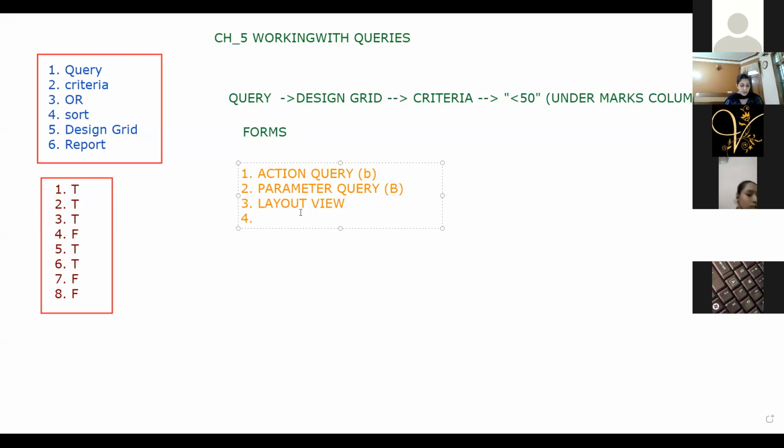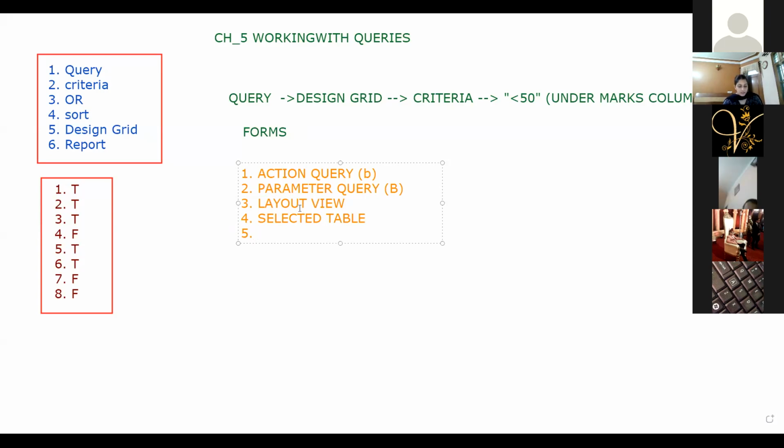What does the top section of the query window display? Selected table. आप वहां से टेबल सिलेक्ट करते हो ना कि कौन से टेबल में मुझे क्वेरी क्रिएट करनी है. So the option coming there is selected table.